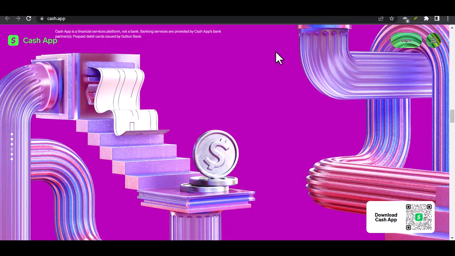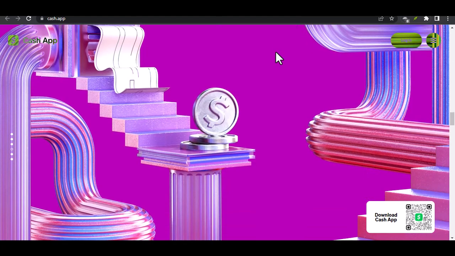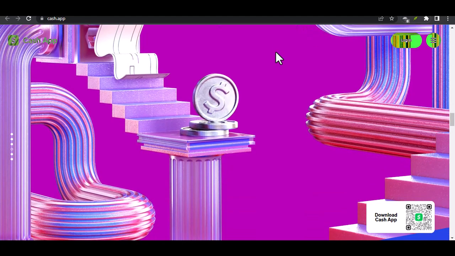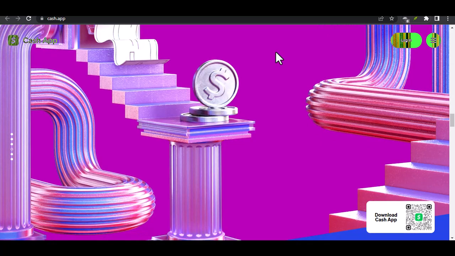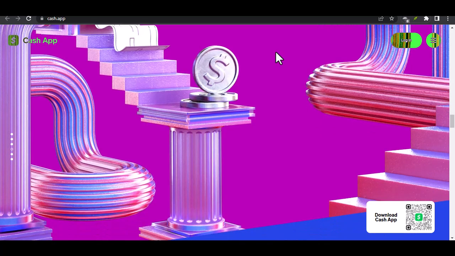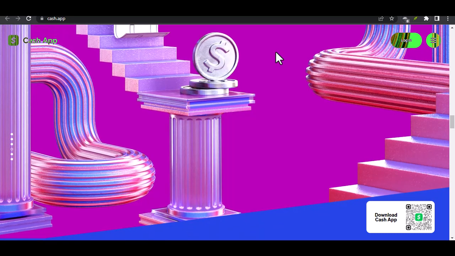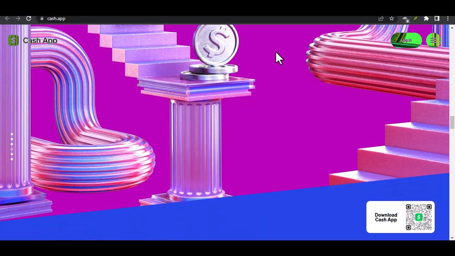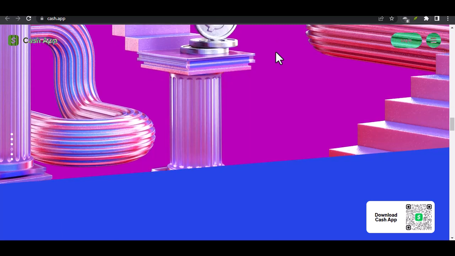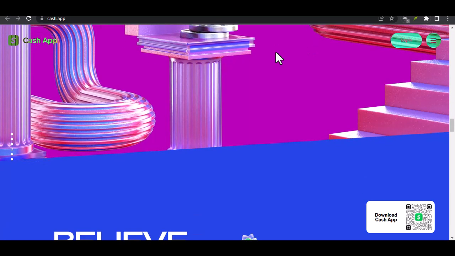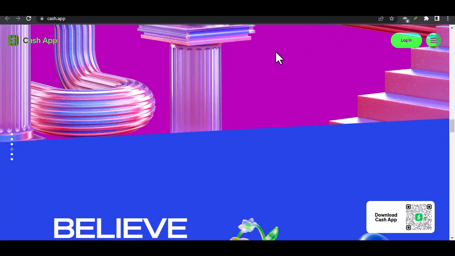Opening a Cash App account with a Nigerian number is definitely possible, but it's not straightforward. The methods I've outlined aren't foolproof, and there's always a risk of your account being blocked. Ultimately, the decision to try and open a Cash App account is up to you. Weigh the pros and cons carefully, and make sure to